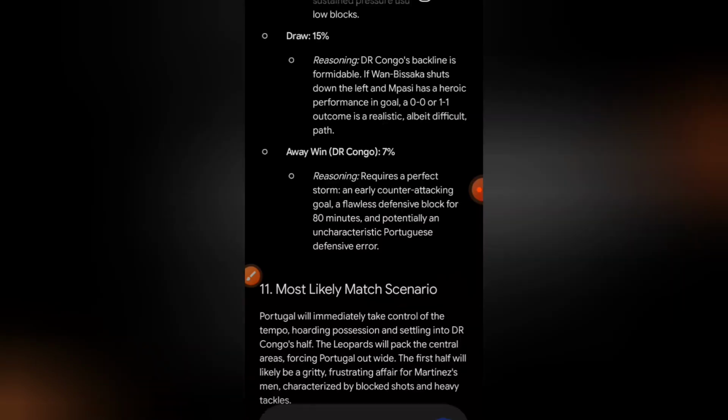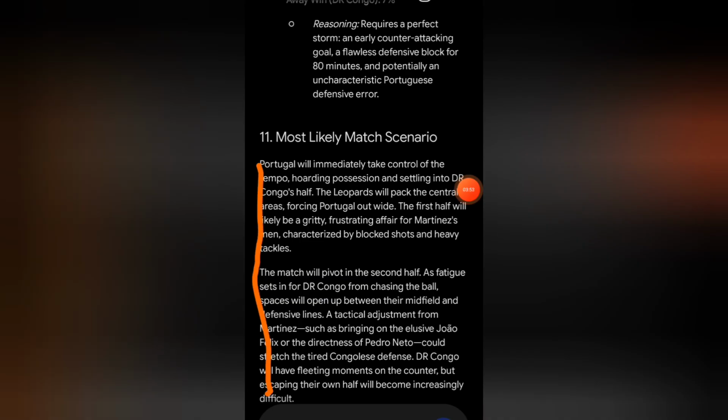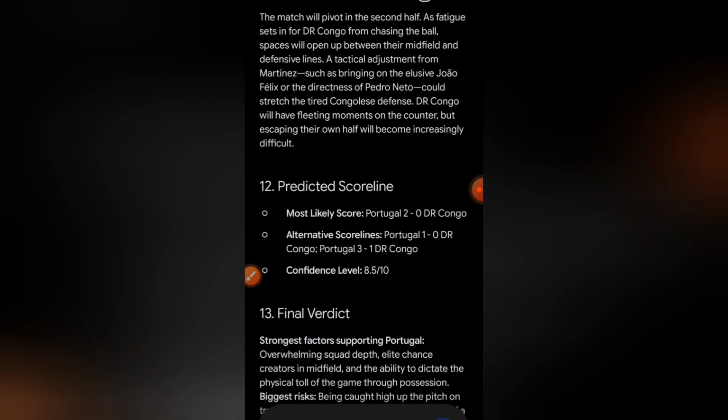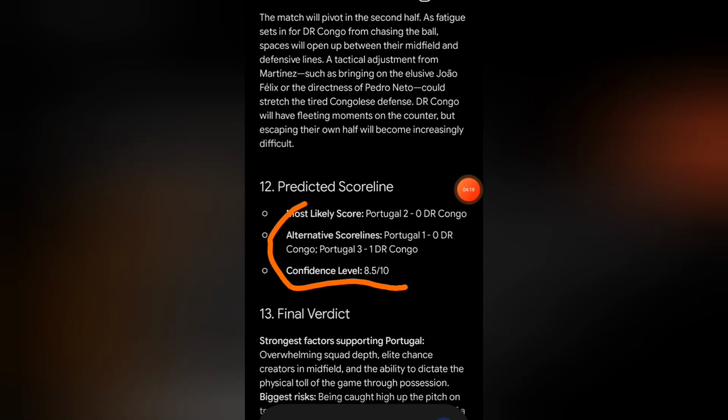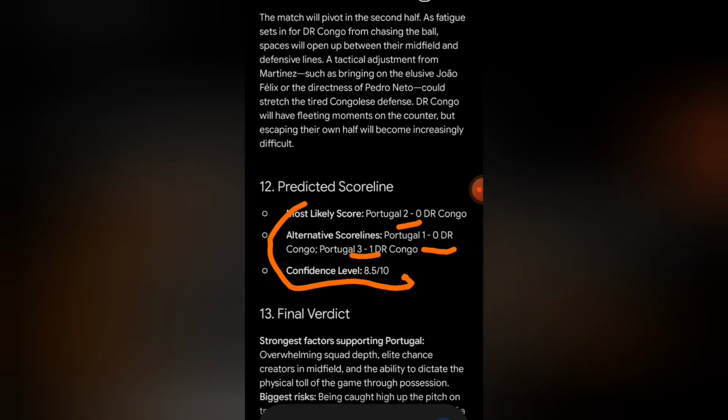Now, moving forward, we have the most likely match scenario. This one is just the script for the match. You guys can actually read through it if you have interest in that. But my own final prediction in this particular match is actually under 5.5 total goals. But if you don't want to go for under 5.5, you can actually go for under 4.5 total goals. So that's my own point from this prediction. So under 4.5 or under 5.5 total goals. Don't expect so many goals like that. All right, although the most likely scoreline is 2-0, and we have the alternatives as 1-0 and 3-1, the best option that I'm seeing here is under goals.